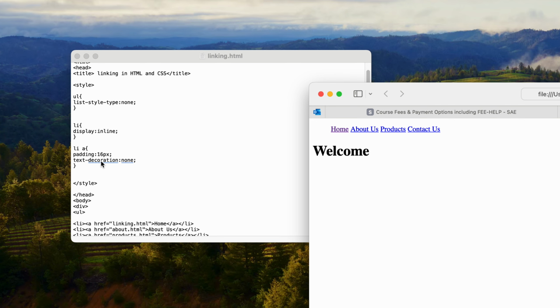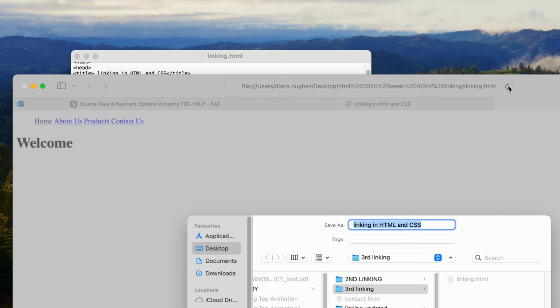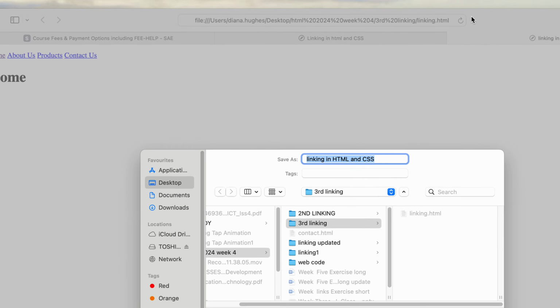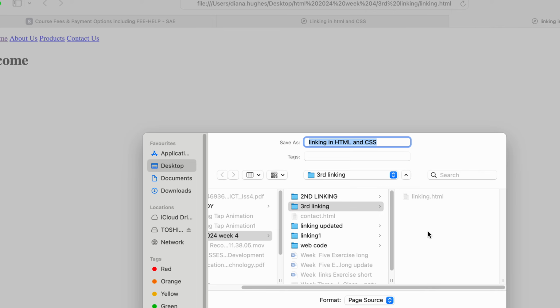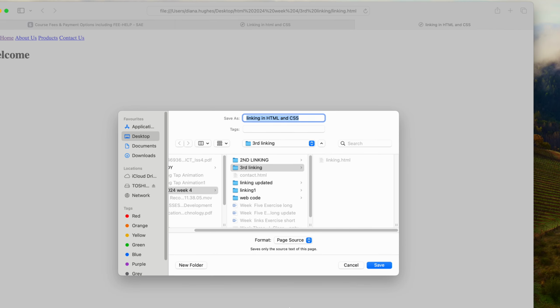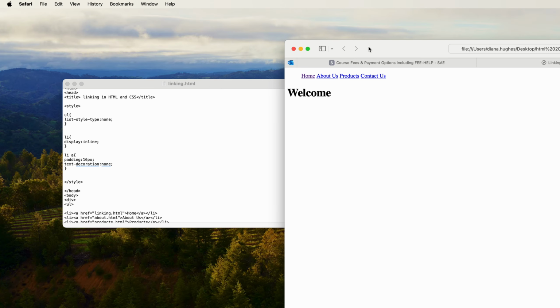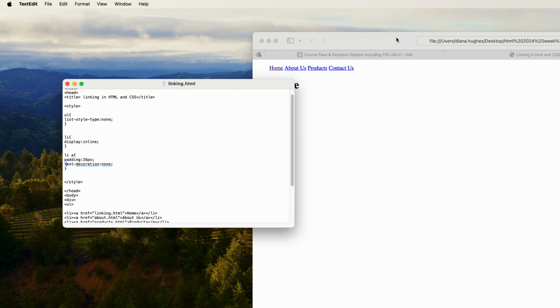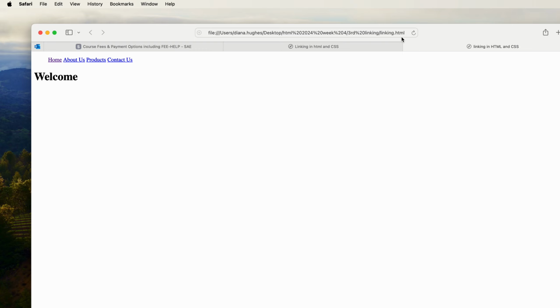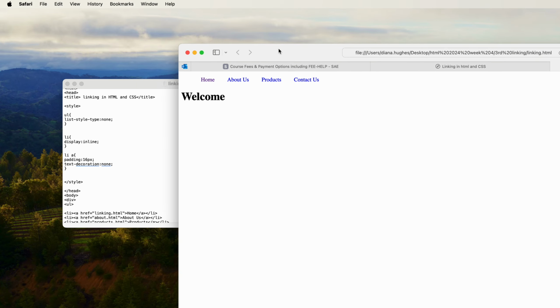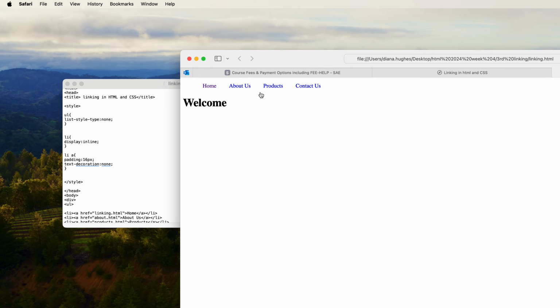So text-decoration: none. Let's cancel that. I'm just going to zoom in. Right, so I'm going to refresh that, and you can see that we have some nice spacing in between here, and we have actually removed the